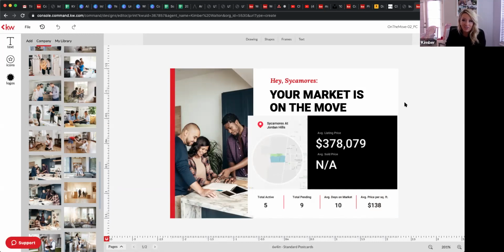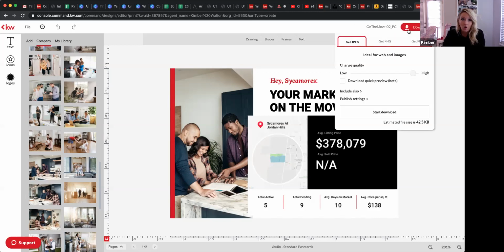And I don't know why the system is like this, but everyone has issues because you're thinking, okay, I need to upload an image. At least that's what I'm thinking. I'll speak for myself. I need to go upload an image, so I download an image. Based on the sizing of the postcard, you have to do it a specific way. So we're recording this, but even if you want to screenshot this, so for each side of the postcard, you